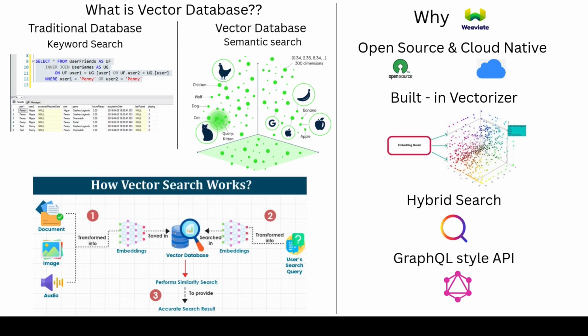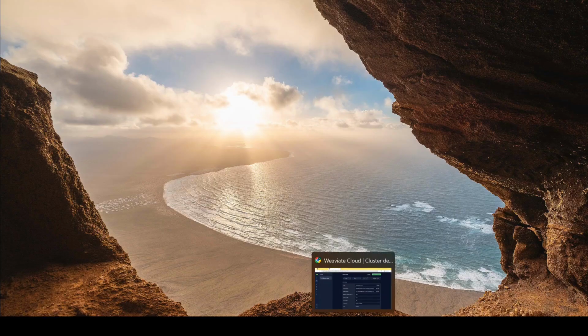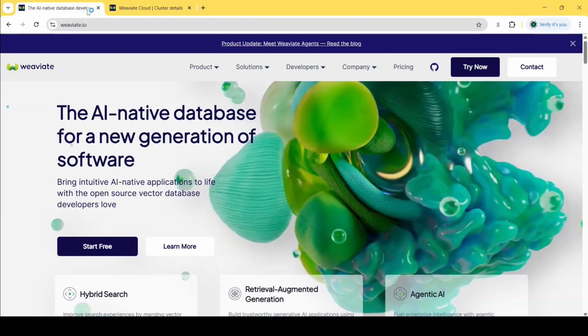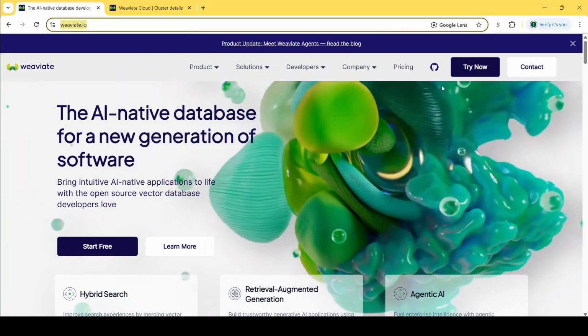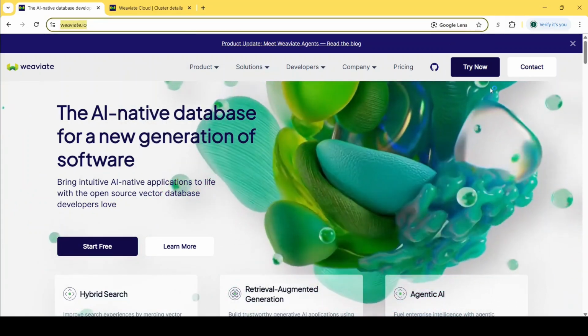All right. So enough of theory. Let's roll up our sleeves and get into a hands-on demo using Weaviate. We are going to start by setting up a cluster on the Weaviate Cloud Service. To start setting up a cluster on the Weaviate Cloud Service, you need to head over to console.weaviate.io. So this is the website of Weaviate.io, and there you can click on Try Now over here, and you will